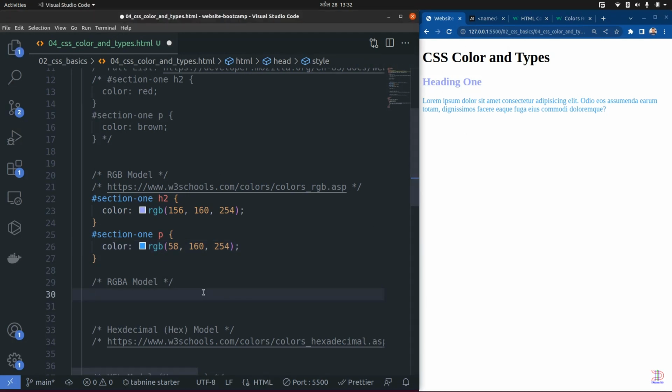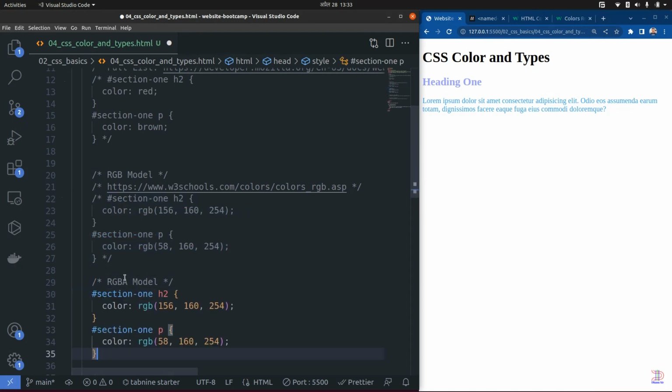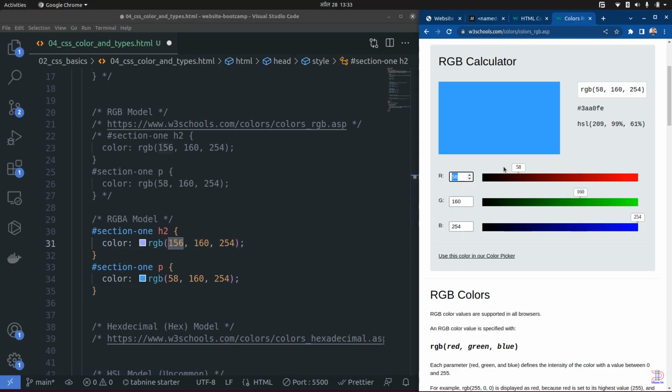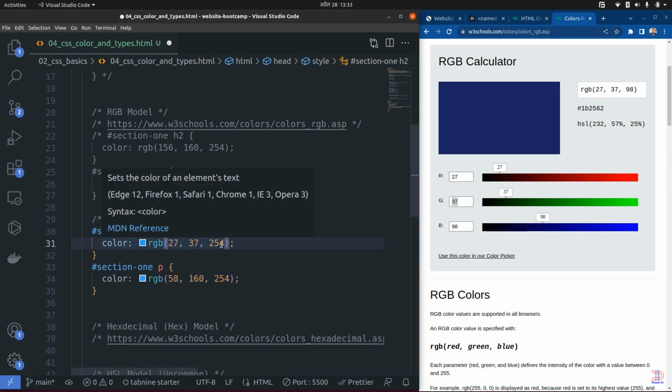The third model is the extension of the second model, that is RGBA, which is red, green, blue and alpha. In this model, we can select the transparency of the color. For example, let me comment this out and paste here. Now, if we choose a very dark color here, okay, suppose this 27, 37 and 98,